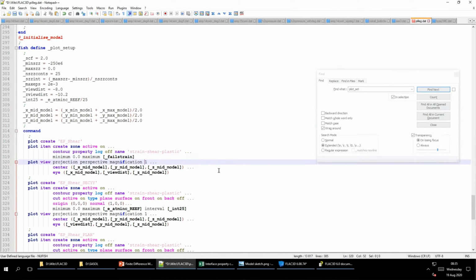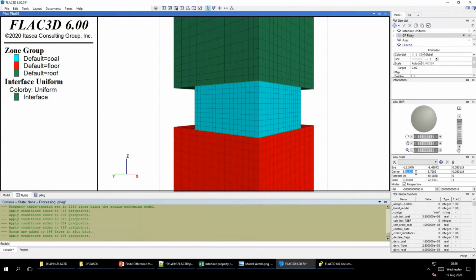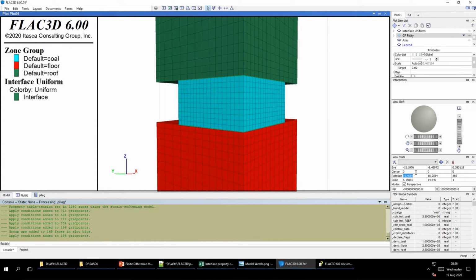My plot views, projection, perspective, magnification 1. My center is going to be, let me just check what it is here. I think it is 0, 0, 0. Well, let's set it to 0, 0, 0 and see what happens. Yeah, I get pretty much the same view, so I'll leave it at that. I'll change this back to